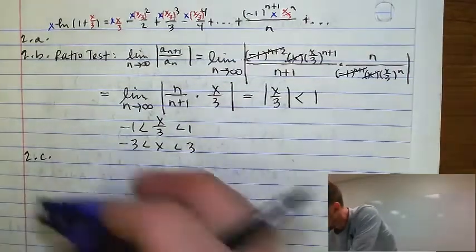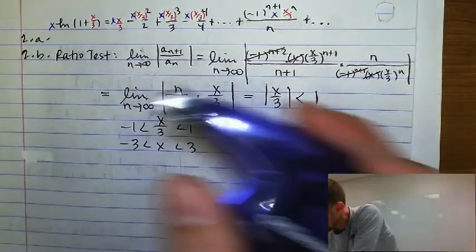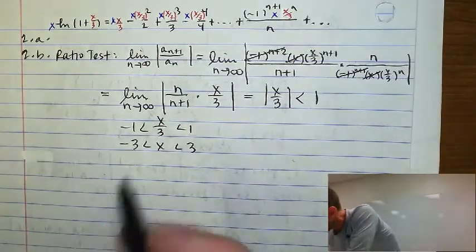Wait, no, this is still 2b. Pardon me. C is an alternating series error bound, which is going to seem really nice in comparison. Okay, so